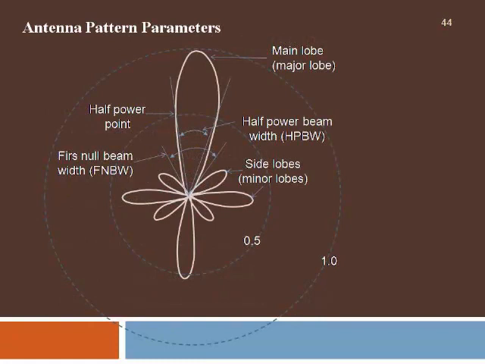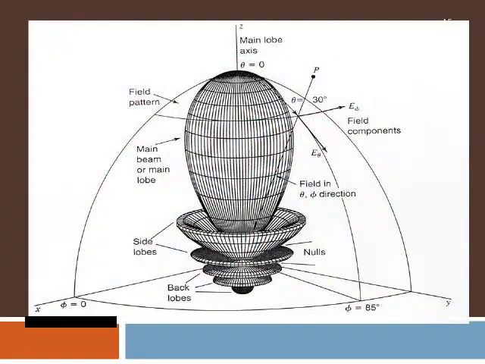A typical antenna pattern shown on a polar chart can be seen on this slide. Here the different parameters of the antenna are shown. One is what we mean by main lobe, what the half power beam width is, what side lobes are, what a back lobe is. The 3D picture of an antenna pattern is shown in this slide. With this 3D picture we can see how a field pattern must be taken and how we identify the main lobe and the side lobes in that. So nulls can be between the main lobe and the side lobes.